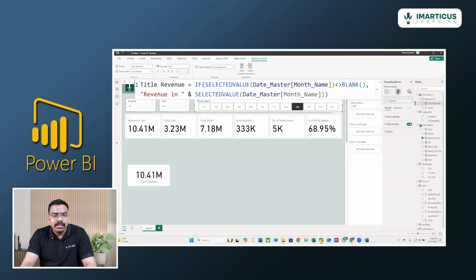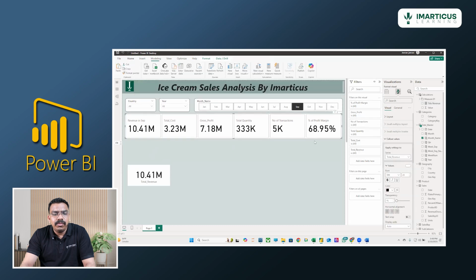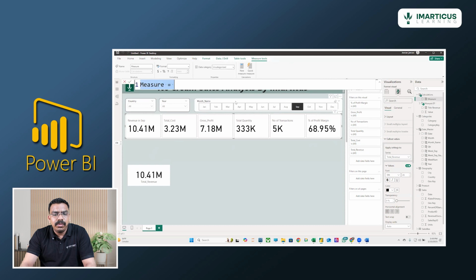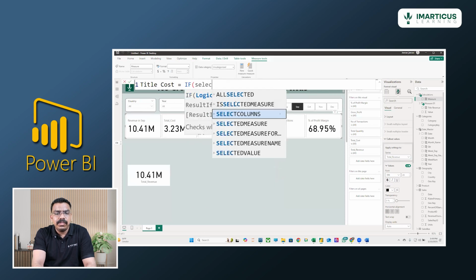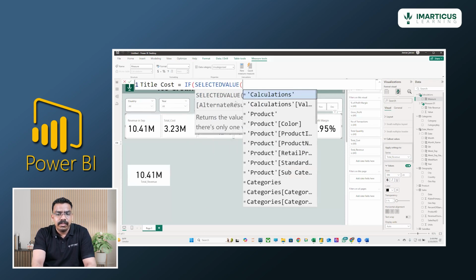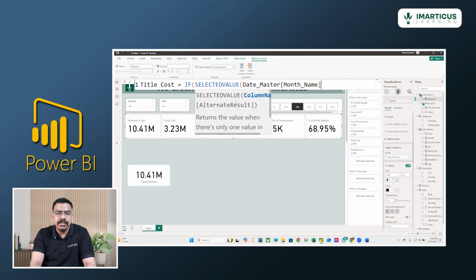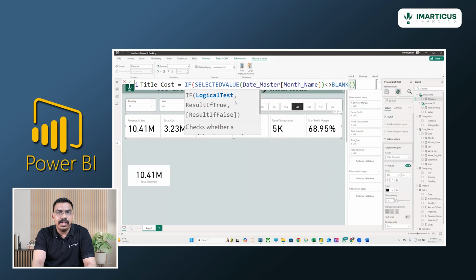That's good, right? So can we create the same for all the different cards? Yes, we can create the same for all the different cards. So what I can do, I will go for total cost, right click, create a new measure called title for cost. Title of cost is equals to if selected value of date master of name is not blank. If it is not blank, then I want to print it as